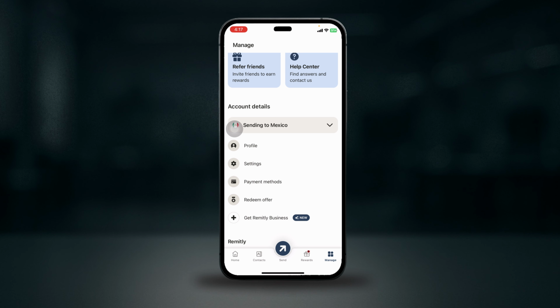Now that you are successfully logged into your Remitly account,